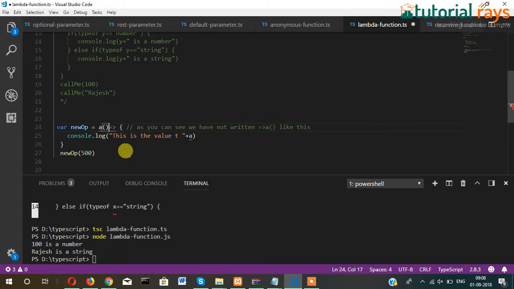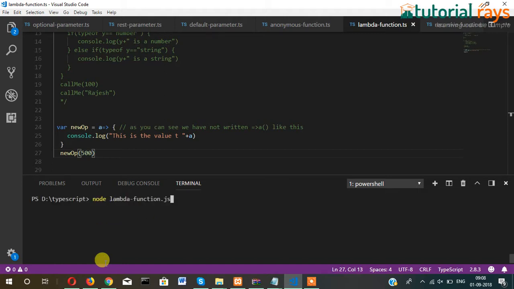So rather than using parenthesis, we have skipped that parenthesis, but still it will work. So that is syntactic variation. So if you run, then it will display as expected. So it is displaying 500. Now the next one